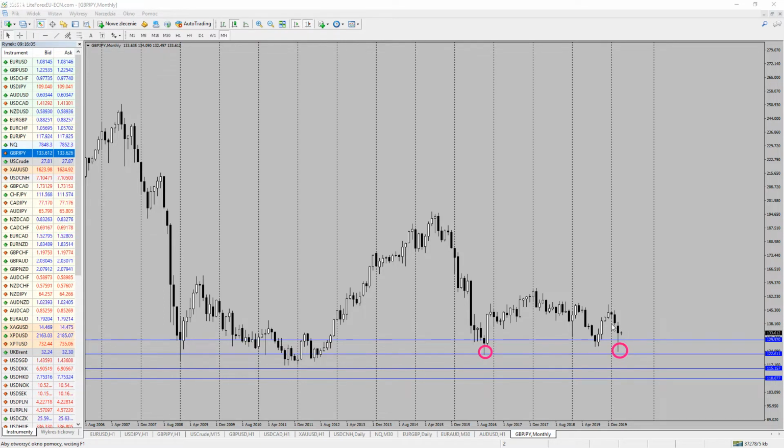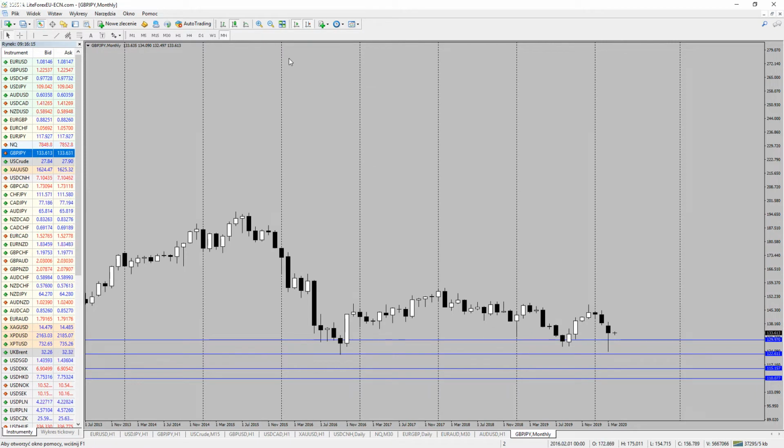As you can see, we managed to close above, and for now, because of the combination of a little bit weaker pound and quite constant dollar yen, it's different than what we have on the cable at the beginning of the month, because here we are around the monthly open. On the cable we are much lower, but because of the higher dollar yen, a little bit of stabilization. So for now, because spikes higher cannot be ruled out,